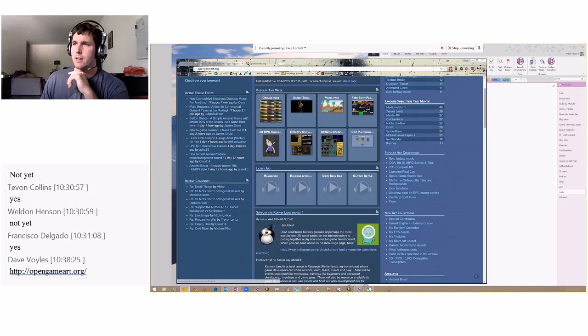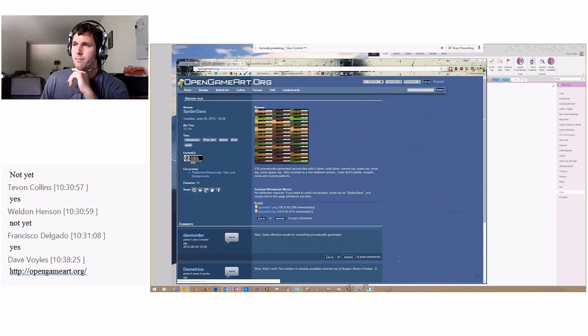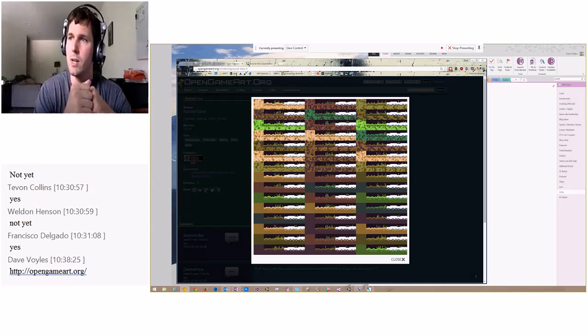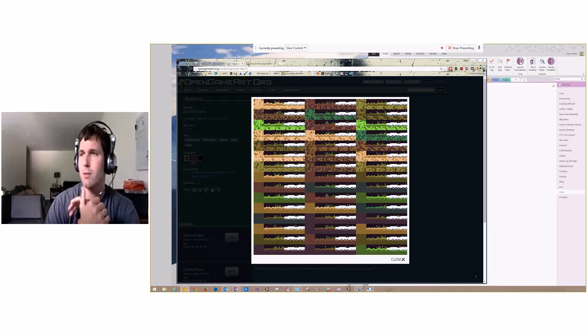So look at things like ground tiles. Not super interesting, but here are little chunks of tiles that you can chop out, just how I showed you in Photoshop. Chop out and then place inside of your game. Even better, we can start to piece some of these together. So if I was going to take this set of ground tiles, what I'd likely do is break them up into smaller rectangles, make them individual pieces,